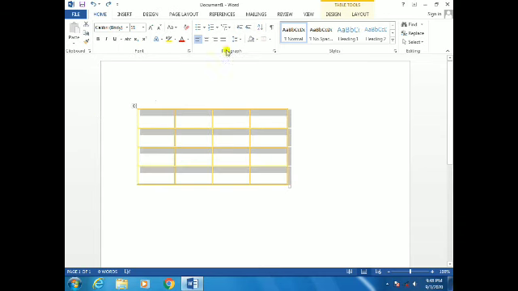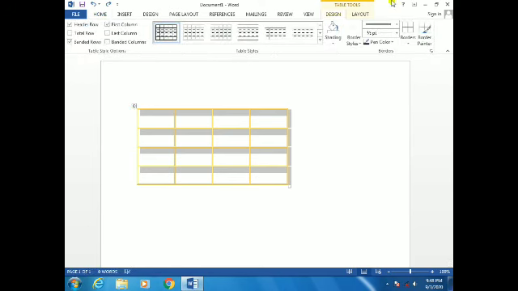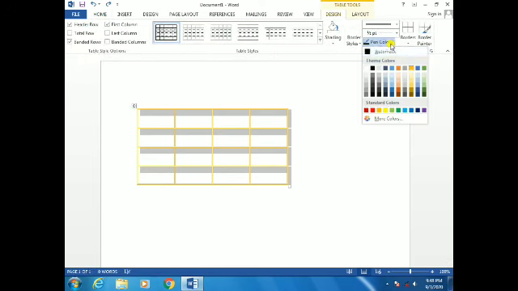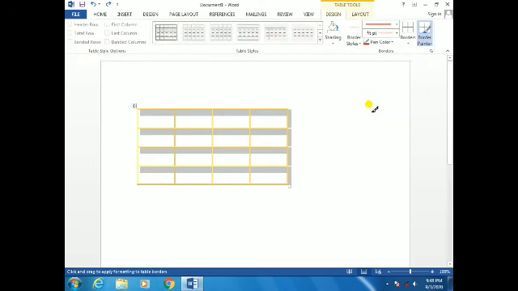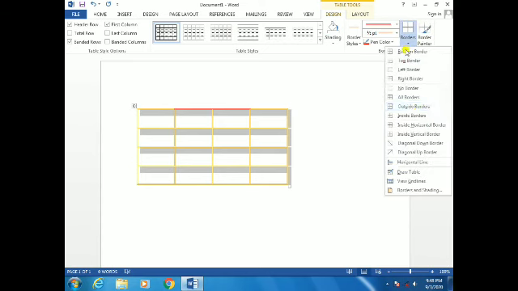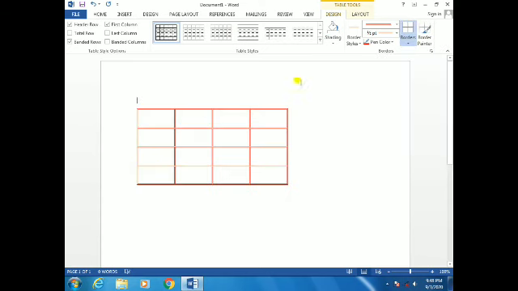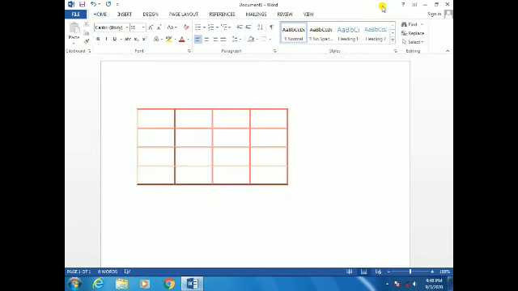But remember how to select: you always click on the plus sign. Now pen color, after that you select which color you want to take. Okay, here also the same process. If you click one by one on each line, each cell, the line will come. But if you want to do all the colors, the same process: go to border and then all borders. So whatever box lines are there, everything will come.